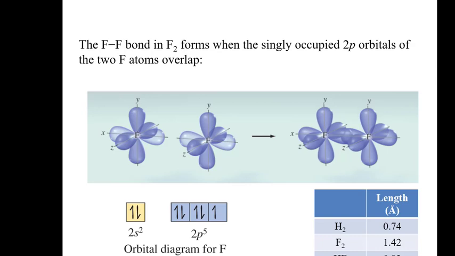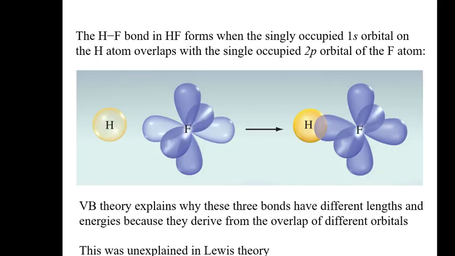The distance between H and F is somewhere in between, and you can see that in the table. So how does that happen? You can see here when the hydrogen s orbital approaches the p orbital of the fluorine, it can get closer than the p orbital of another fluorine could, but not as close as when you had the two orbitals from the two hydrogens. So this kind of scenario explains those facts, explains also the different strength of the